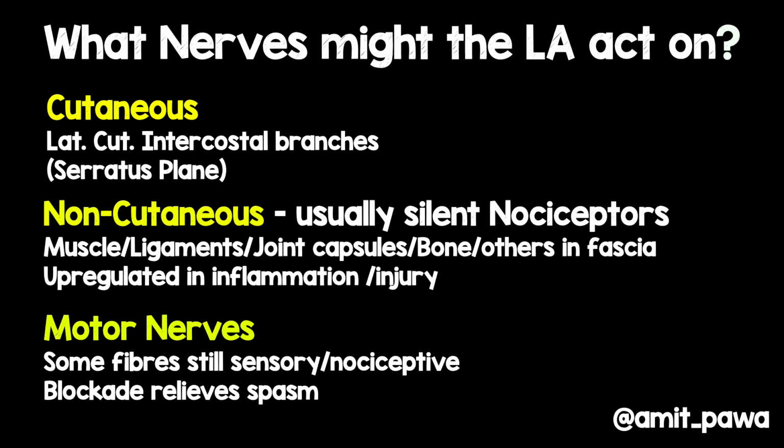Another option is that your local anaesthetic may act on motor nerves. Now, classically, we've always thought of motor nerves as just having that one function to supply muscle, but they also carry sensory or nociceptive input from those muscles. So blocking those motor nerves may also relieve spasm. So you imagine a rib fracture and you've got your serratus anterior muscle in spasm. If you block the long thoracic nerve by doing a serratus anterior plane block, you can see how that may